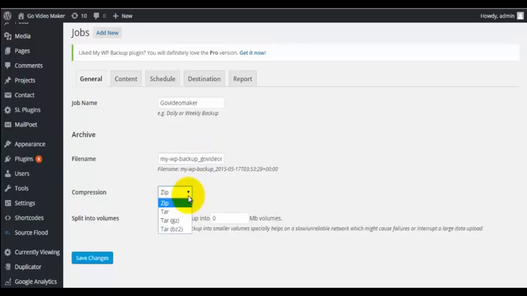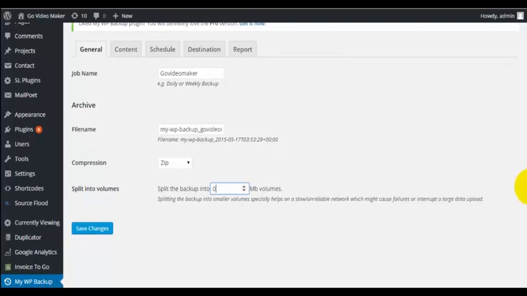Then zip file and split backup. You can split this backup into smaller volumes, which especially helps on a slow and unreliable network. Let's do 5 MB per volume, then click Save Changes.